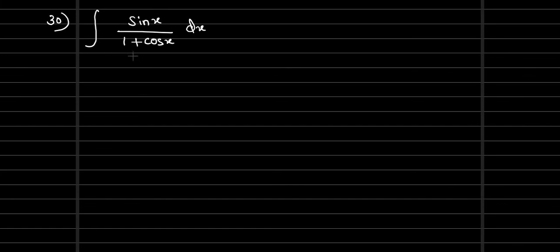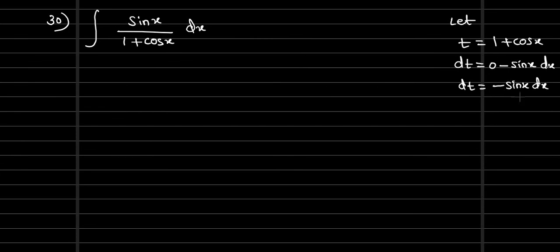And 1 plus cos x differentiation is what? Constant term differentiation 0, cos x differentiation minus sin x. So when we take this one as t, it will be more convenient for us to proceed with the integration. So now I am going to consider t as the denominator part, that is 1 plus cos x. Now differentiation of this: dt is constant term differentiation 0, cos x differentiation minus sin x, and x differentiation dx. See, directly we got minus sin x dx. But we have a positive sin x. So sending the minus sign to the other side, minus dt equal to sin x dx.